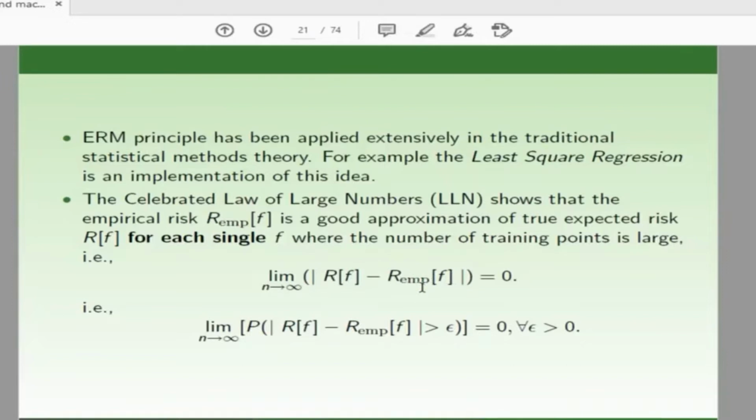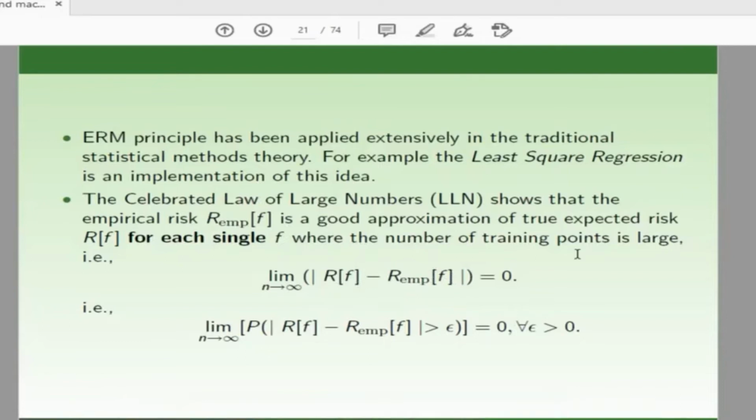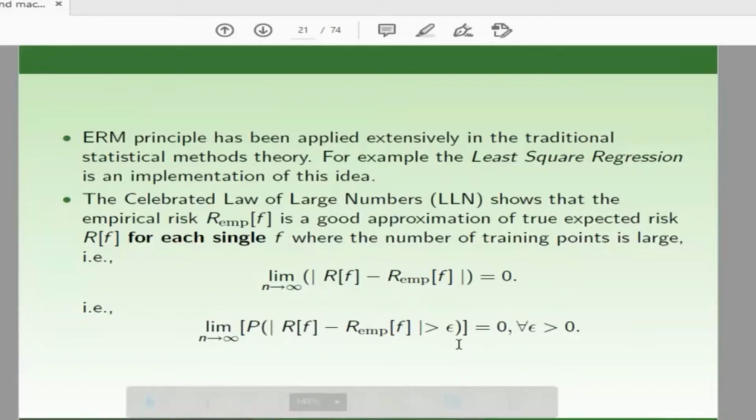Please try to understand. The law of large numbers gives you this property for a fixed f, but the true risk is defined for every f. You want it over the whole family of f here. So it is a nice thing, but it is not the ultimate thing. Some of you in mathematics must have understood that if you are given a sequence, if it is